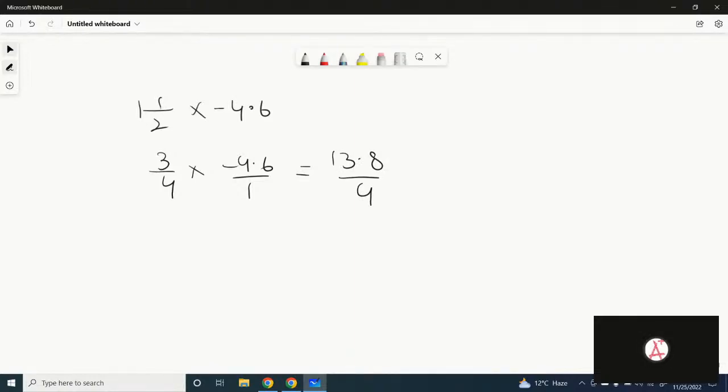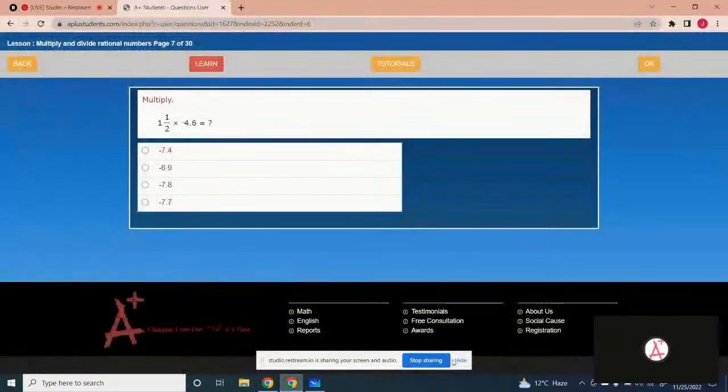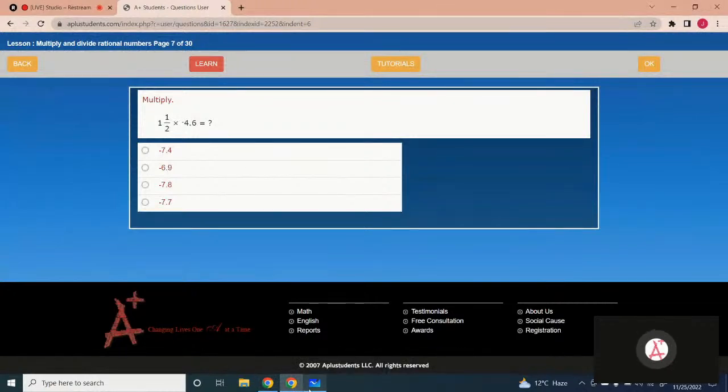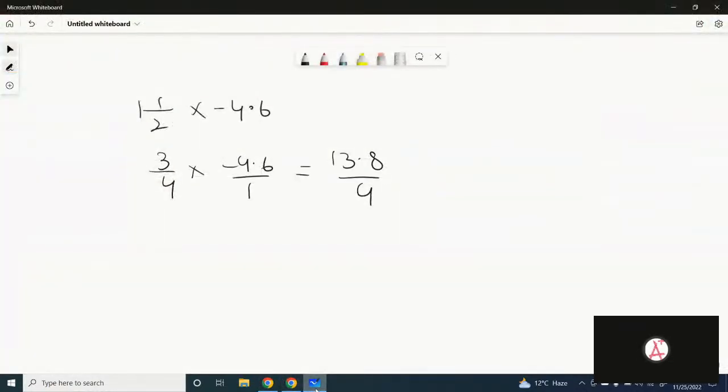And 13.8 divided by 4. Got it? Either you have to divide them, or, okay, yes, you have to divide them. Just divide 13.8 by 4, it equals 3.45. The answer is negative 3.45. So just select the correct option and click on the